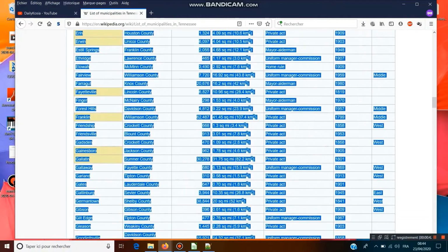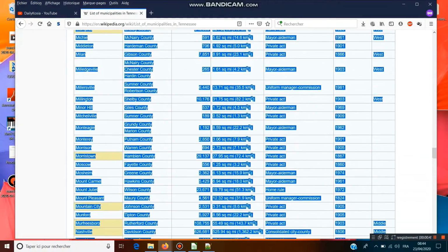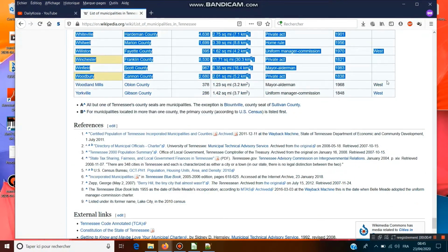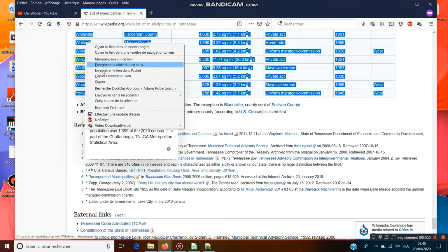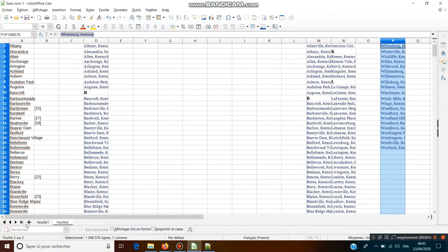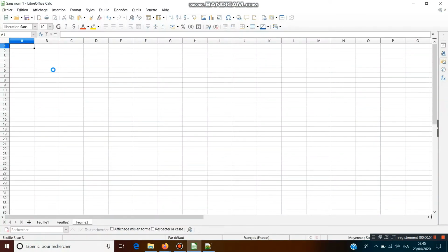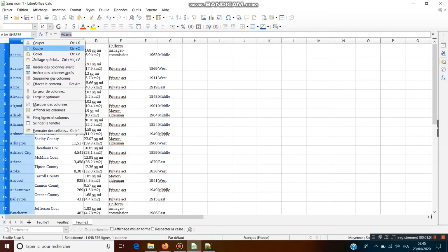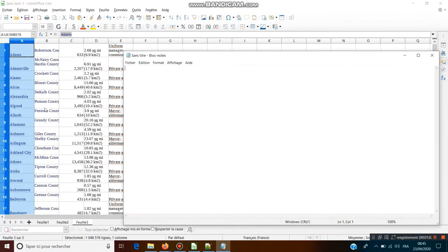Here we took the state of Tennessee, and our goal is to download all the Wikipedia pages to our computer.